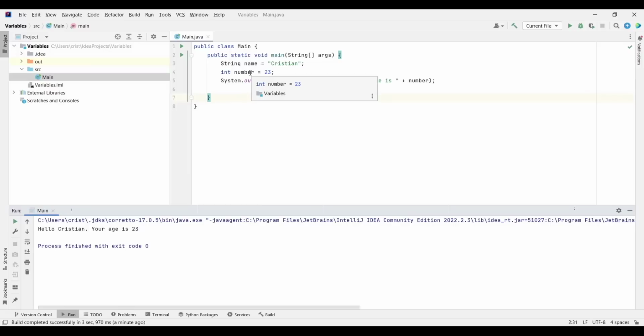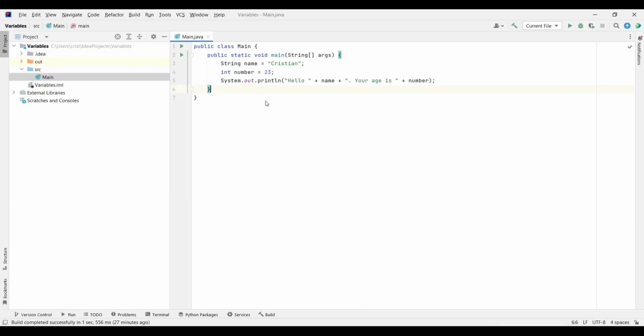And we did this by using different types of variables, and as you'll see, there are other data types of variables that we can use to store data, but these are the most commonly used types of variables that you're gonna use. So we have string for text, and we have int, which is the abbreviation for integer, and we have the name number, and you put the value 23. So this is our introductory discussion about variables. We're going to look at other types of variables, so other types of data that you can put in variables. So see you in the next video.